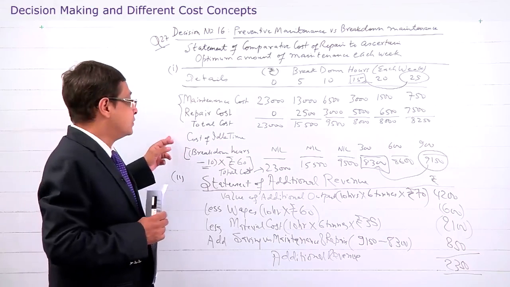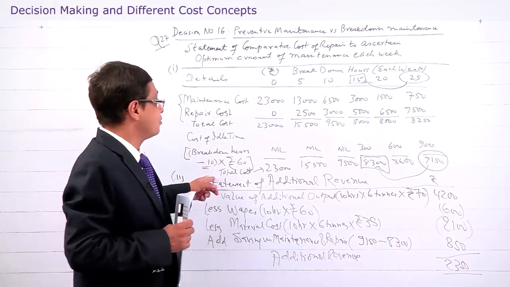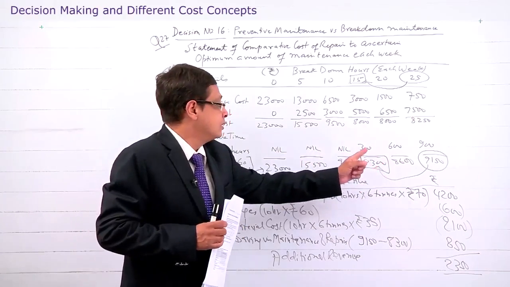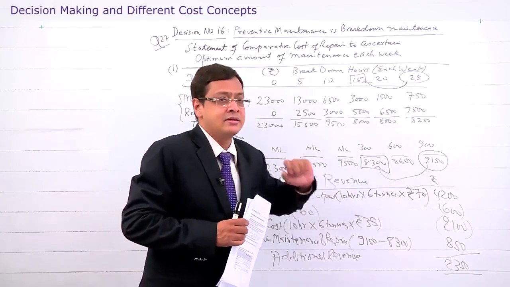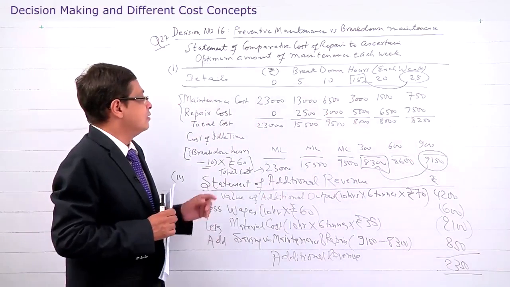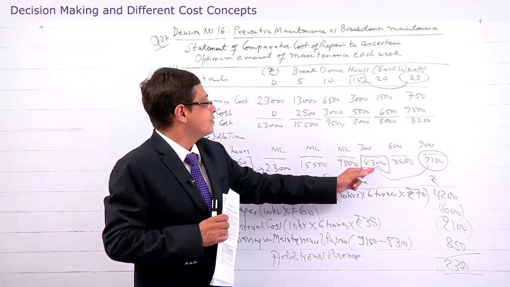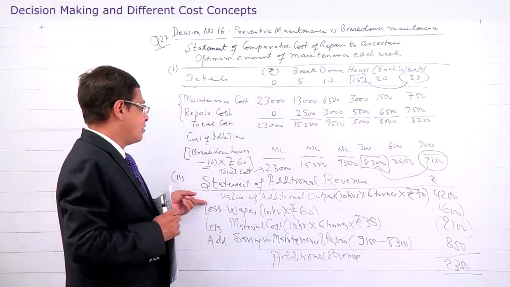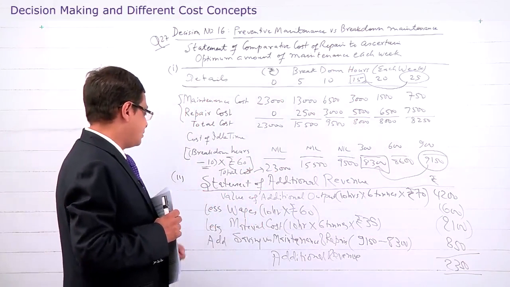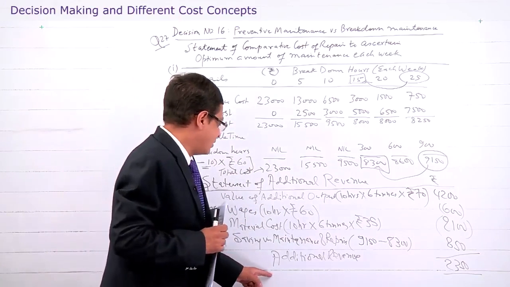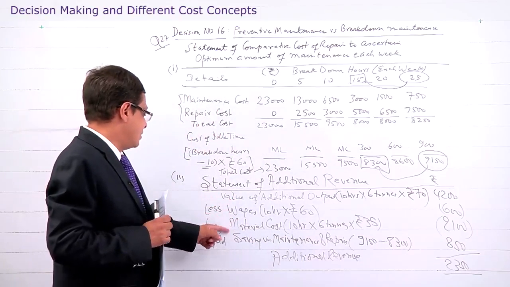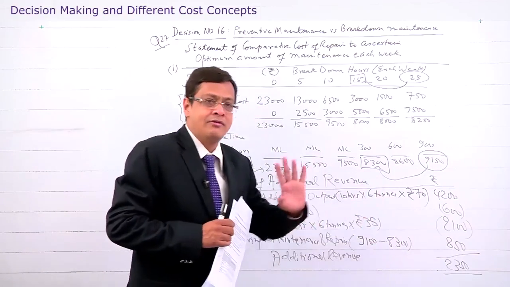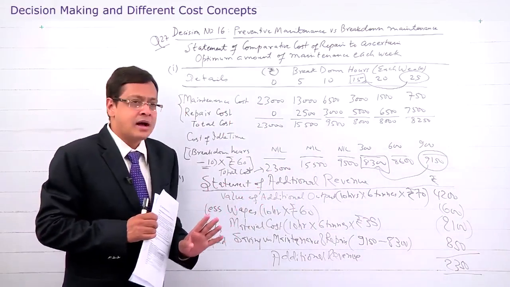So you notice after adjusting the maintenance and repair cost into total cost, you further add cost of idle time. This idle time only appears after 10 hours. So for first 3 levels it is 0. For balance levels, it is a cost of 300, 600, 900. So when you add, you get the least cost at 8300 rupees, which is equivalent to 15 hours. When you make additional revenue computation, you find that the additional revenue after adjusting wages and material and adding the saving in maintenance repair comes to rupees 2350. So this is the solution which examiner is expecting.